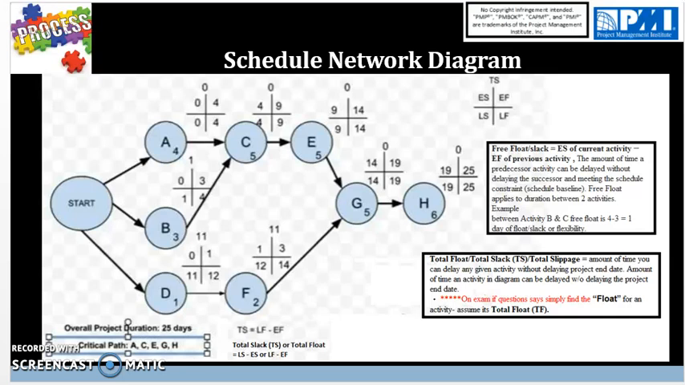And to refresh the definitions here, total float is what these zeros are showing on top of each activity here. And that is what we want to calculate. And that is the amount of time you can delay any given activity without delaying the project end date. That's why it's a total float or total slack. The amount of time an activity in the overall scheduled diagram can be delayed without delaying the project end date. But the free float is where you have amount of time a predecessor activity can be delayed without delaying the successor activity and still meeting the scheduled baseline and the overall scheduled duration. So that's the key